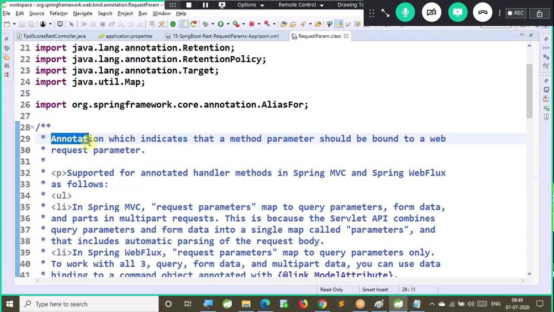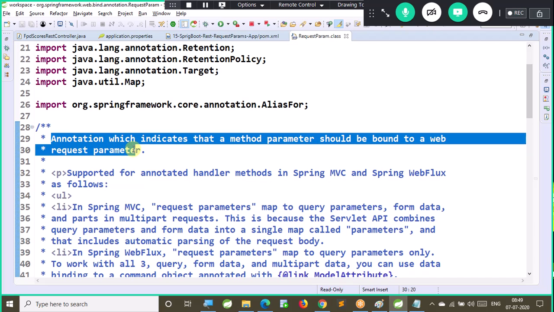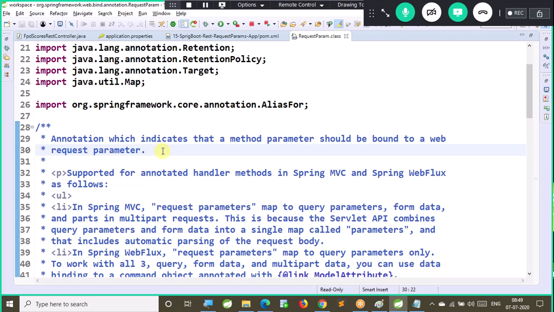Annotation which indicates that a method parameter should be bound to a web request parameter. Web request parameter means when the client is making a web request with the URL, in that URL he can supply some value in the form of key and value pair format. If you want to take that value as your method parameter, then you can go for this request param annotation.